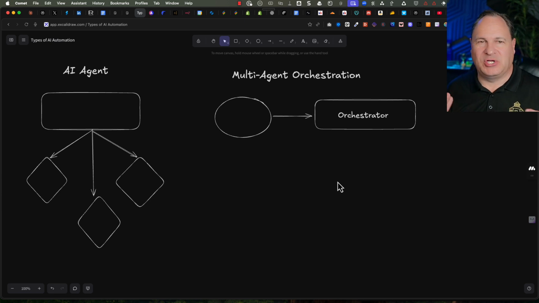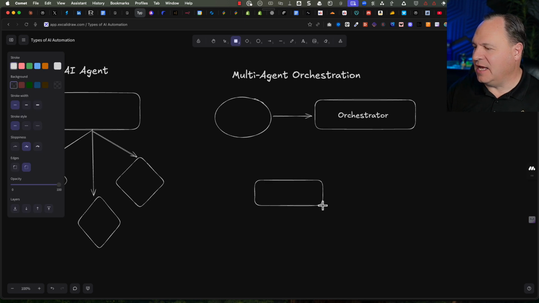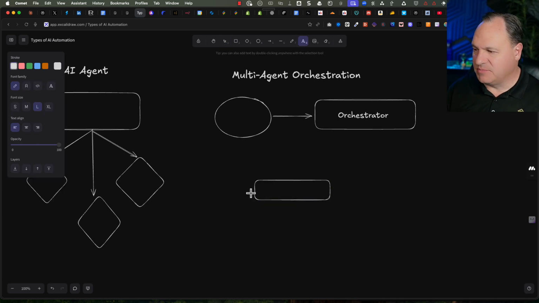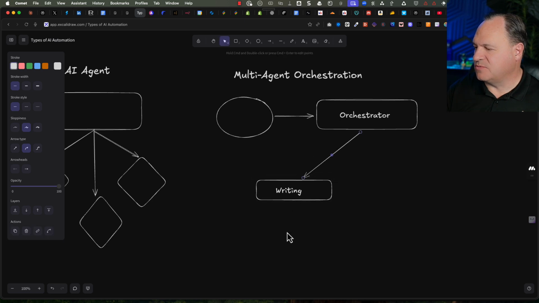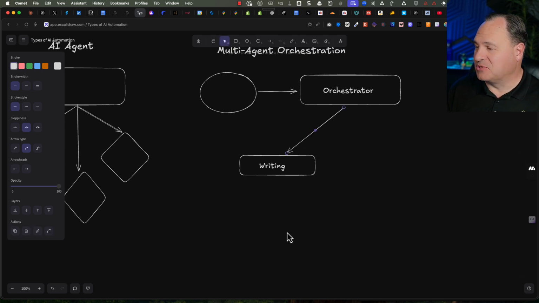It can actually call other AI agents. So, for instance, it could actually call an AI agent that's responsible for writing content. And so, this particular agent, that's its job. It's just a writer. And this orchestrator could actually send a message to this writer. Now, this particular agent could actually do some things.